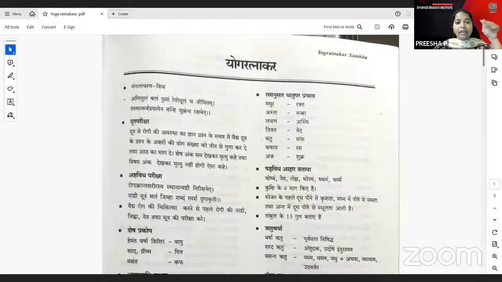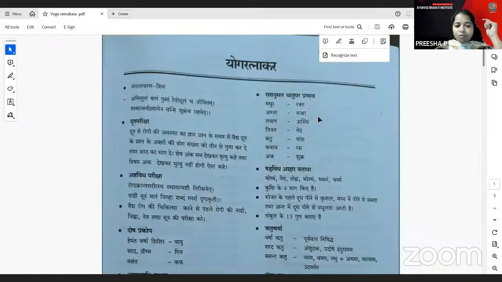Here, we have already considered what the chapters of Yoga Ratnakara are. It starts with the Mangalacharana. And the Duta Pariksha is also explained there. In the Duta Pariksha, you consider a perfect Duta if the Duta has all the angas in the body perfectly. That is all mentioned in the Duta Pariksha. And the Ashtavidha Pariksha also, we have already covered in the PPT of what is mentioned regarding Ashtavidha Pariksha. And coming to the Dosha Prakopa aspects there.